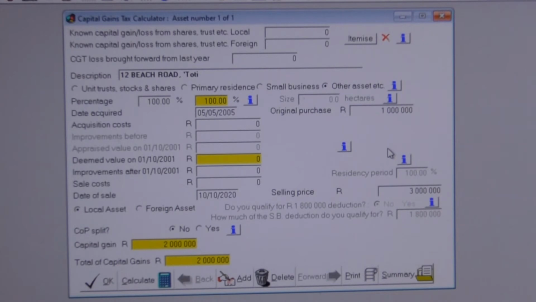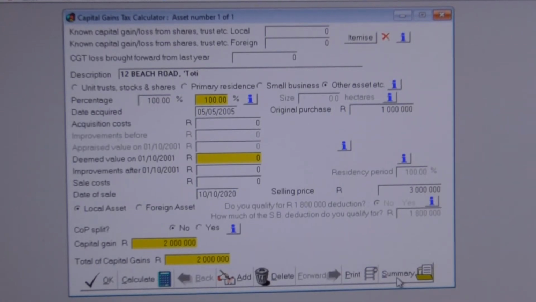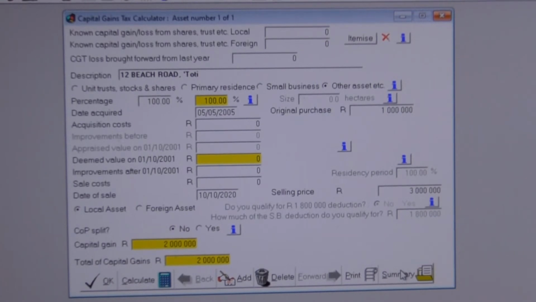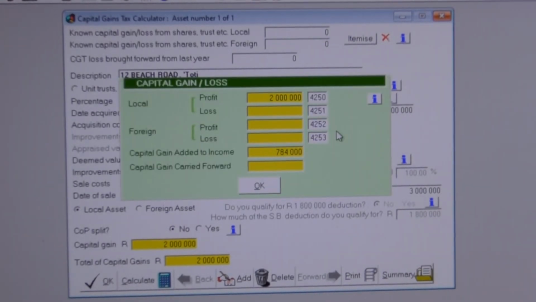Looking at this first very simple example, we can see that we bought this house for 1 million rand and sold it for 3 million rand. So we made a profit of 2 million rand. The profit that SARS wants you to enter on the ITR 12 as code 4250 is 2 million rand. SARS will apply any community property splits, annual exclusions and inclusion rates. If I click on the summary window button down here,